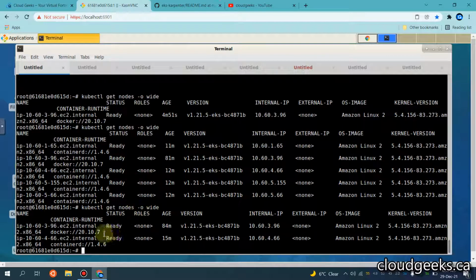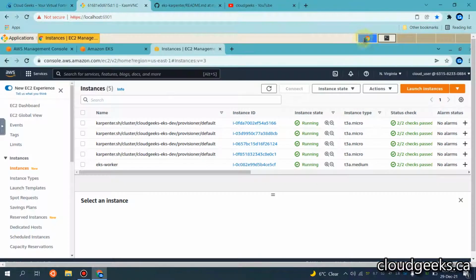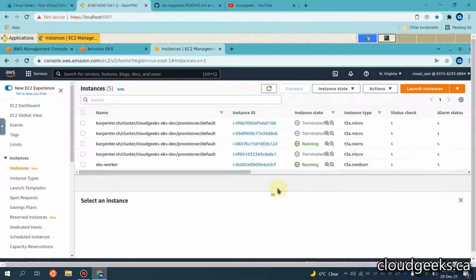If I run this command again, you see it has now reduced to 2. Let me navigate to the UI section and simply refresh it. After refreshing, you will see that those extra provisioned nodes are going to terminate automatically.